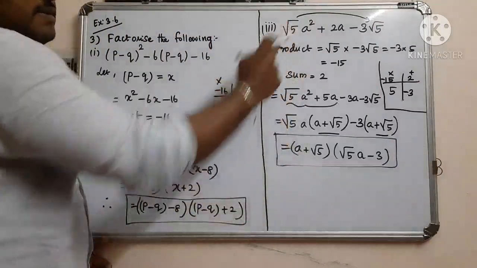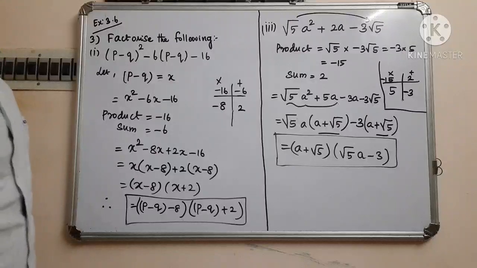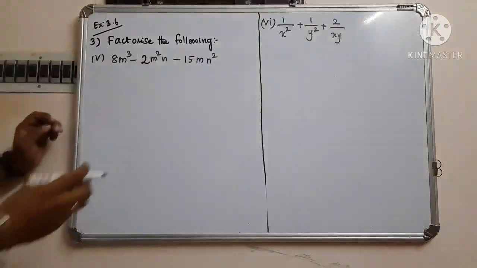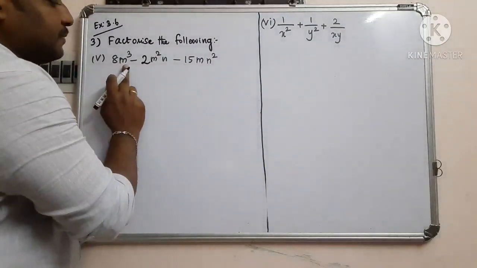So these are the factors of the given polynomial root 5a square plus 2a minus 3 root 5. Clear? Fifth question: 8m cube minus